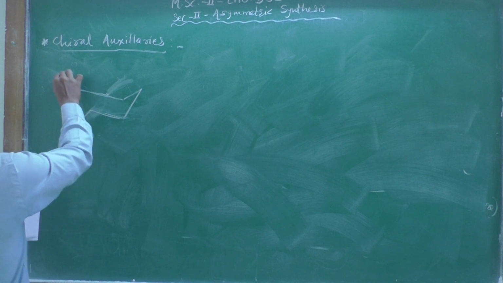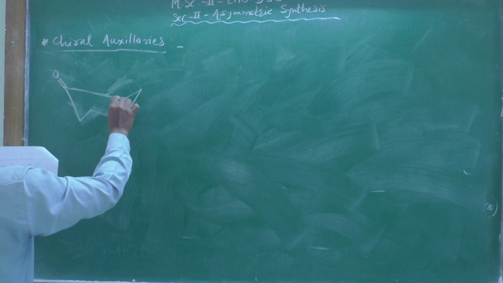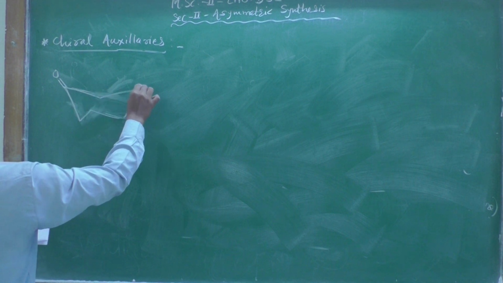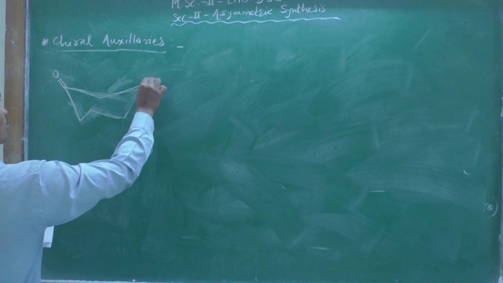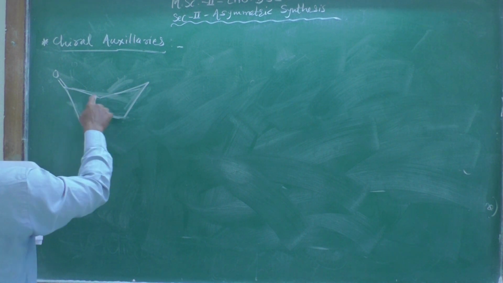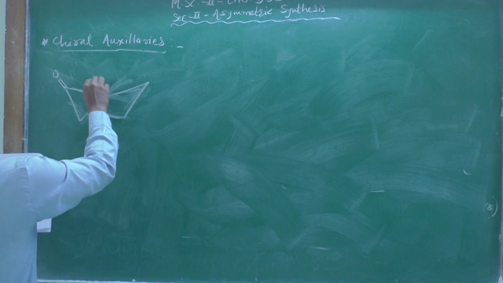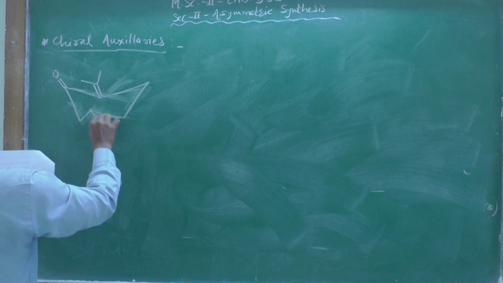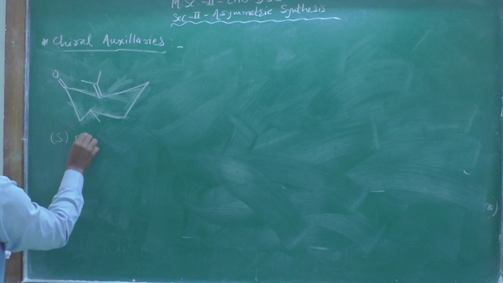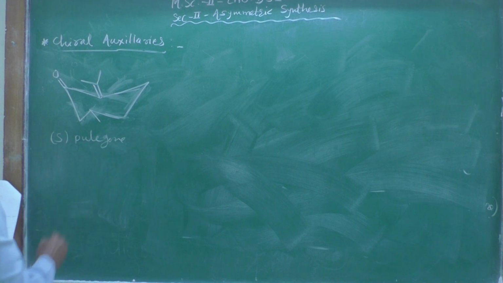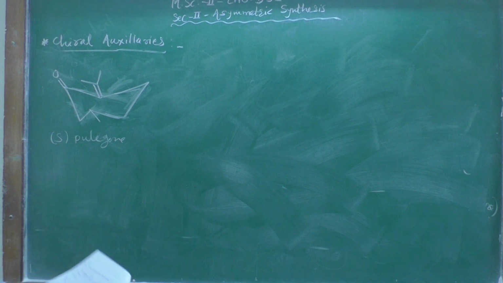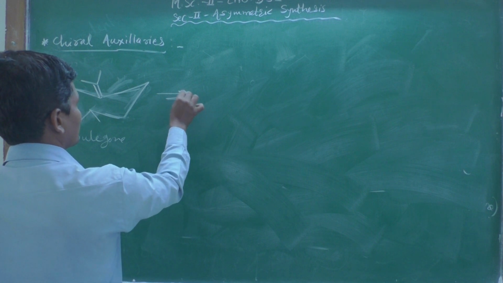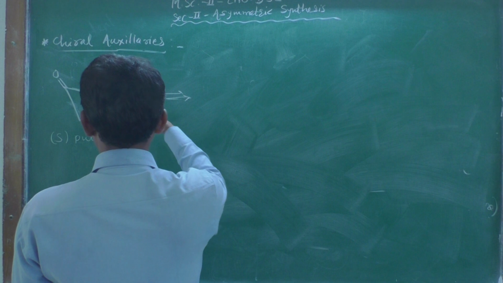This is the carbon-carbon double bond, here this carbon atom, one, two, three, four, five, six. Let it be a carbon-carbon double bond, the isopropylidene functionality is there. So this is S-pulegone. This S-pulegone is a naturally available molecule, and by doing some chemical reactions on it, we can convert it into